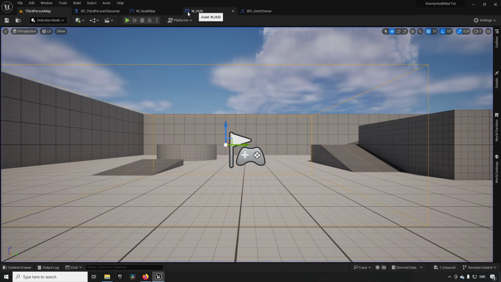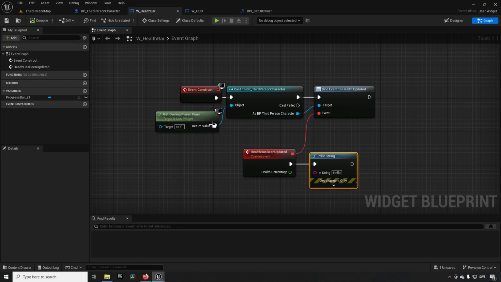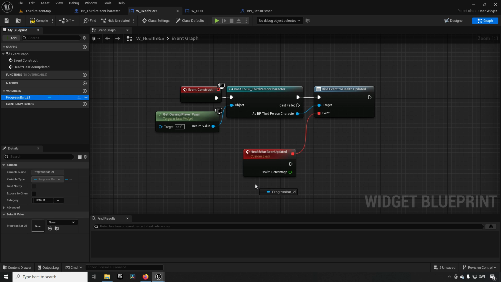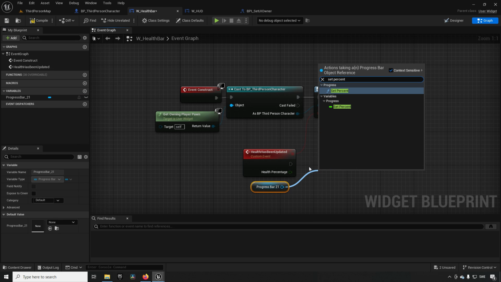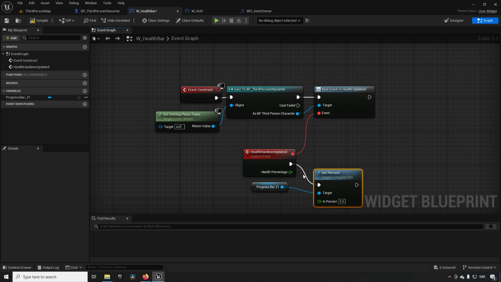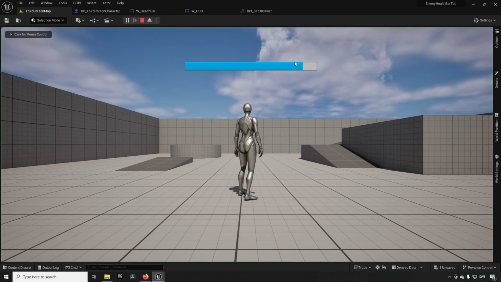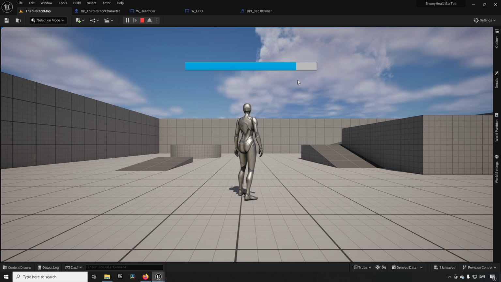So we are actually having our health bar here bound to, or subscribed to, the event dispatcher now, and it's actually getting information from it. So at this point we can actually say we want our progress bar to have its set percent to be the value that we're getting here from the event dispatcher, because we are providing the actual health here. So in this case we would actually be getting our health updated now for the player, which is fine. And we can leave it at this for now,